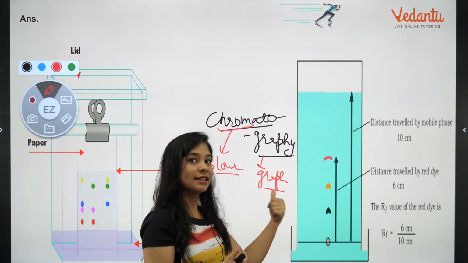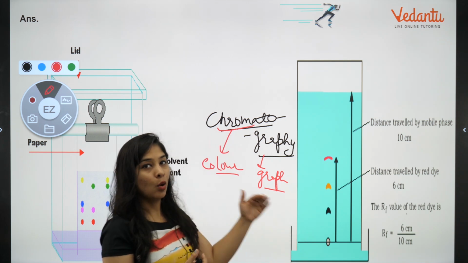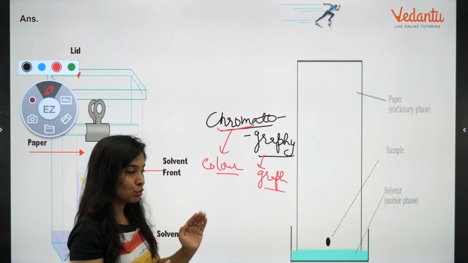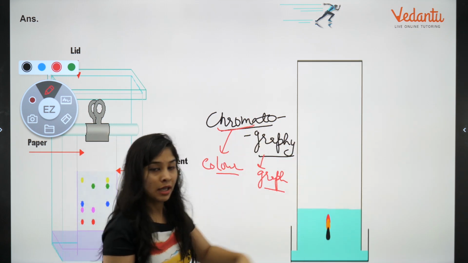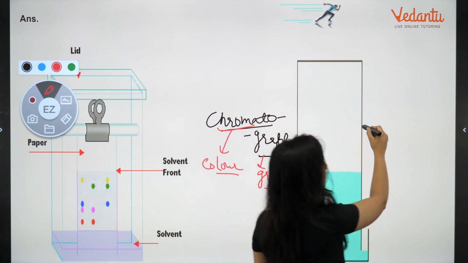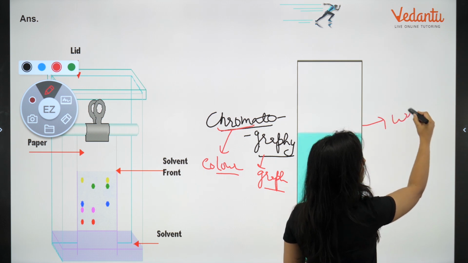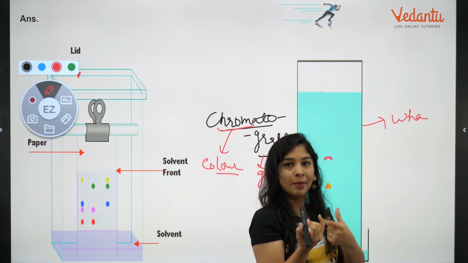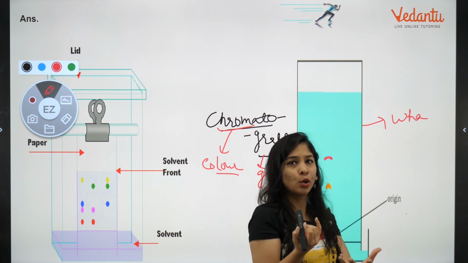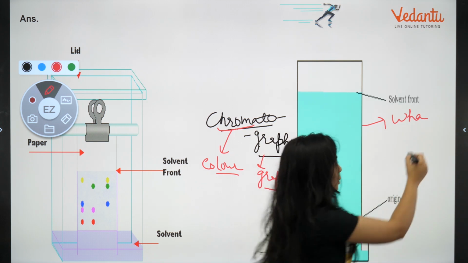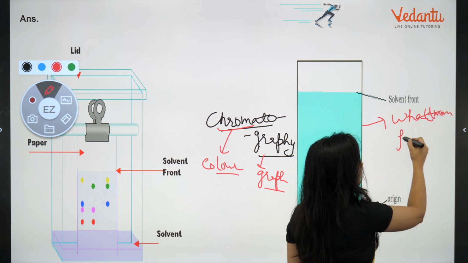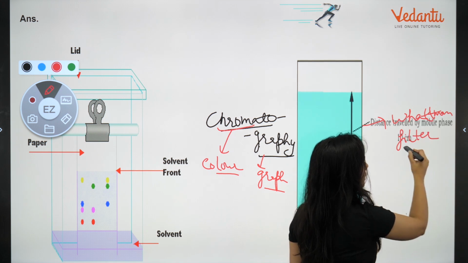Fine, let's understand how we do it and how it helps to separate each and every component. So first, what we have to do, we have to take a paper. This paper has a particular name. We call it Whatman filter paper. So it's a kind of filter paper only, but the quality of the paper, the cellulose which we use, is of a good quality. So it's a Whatman filter paper, a good quality filter paper.